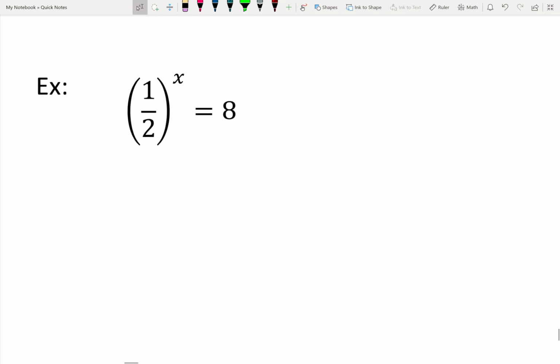All right. So now we have 1/2 to the x power equals 8. Now, anytime I have a fraction, what I like to do is I like to rewrite it so that I have,